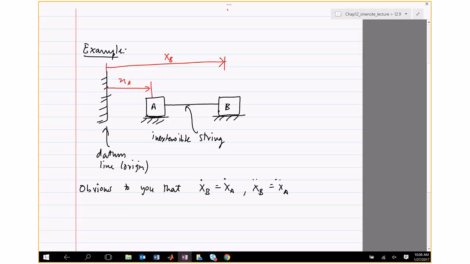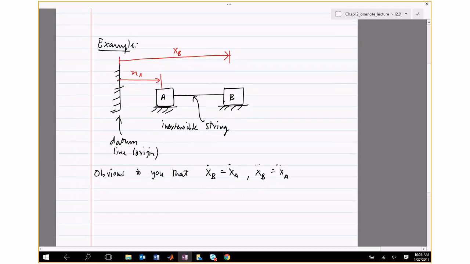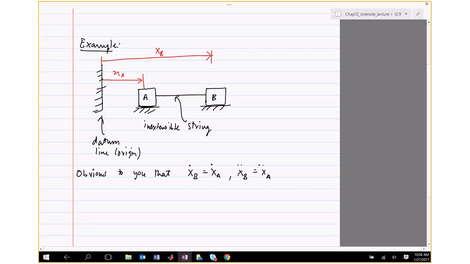Okay. Now, this is very simple, but it gets complicated. So I'm going to show you a technique to figure out xb dot equals xa dot without really thinking about it. You just have to set up the problem right, and the xb dot equals xa dot will just come out. And that will be useful when we go to systems where there are pulleys and strings wrapped around them and so on. So what you need to do is